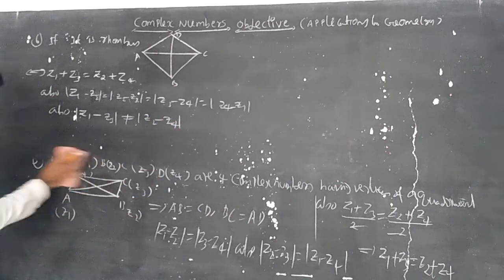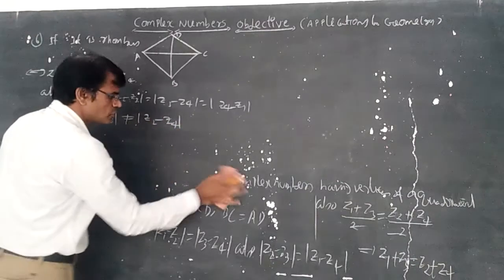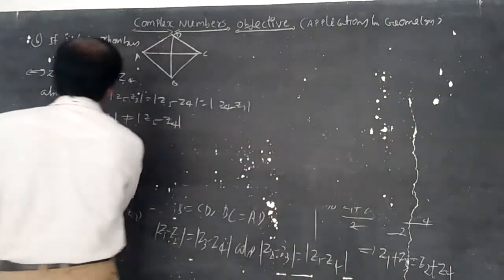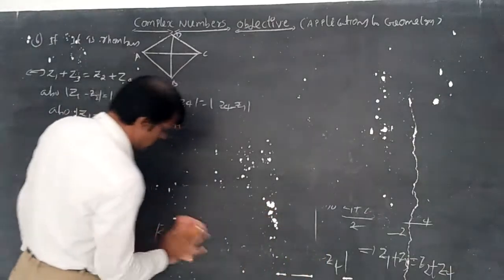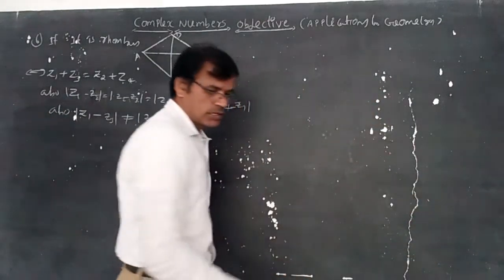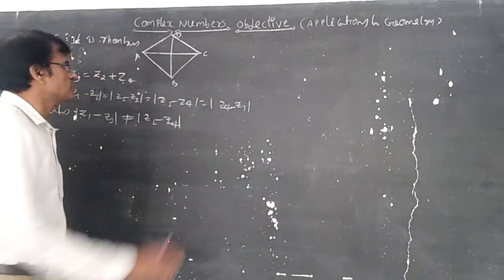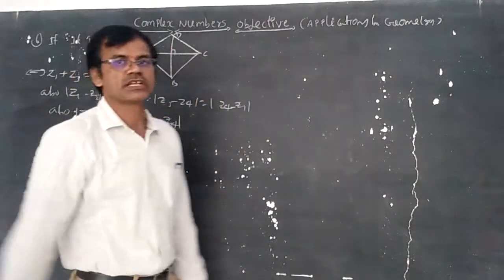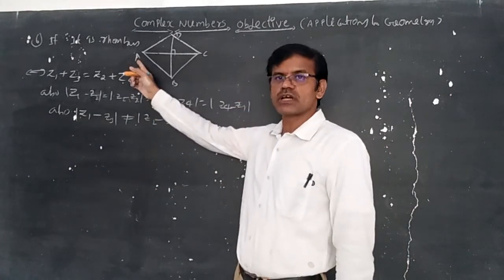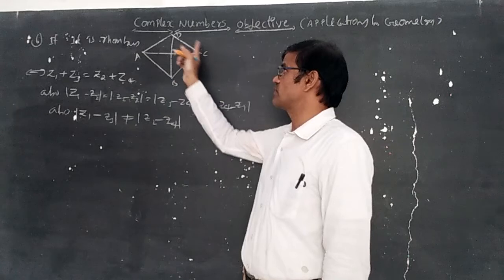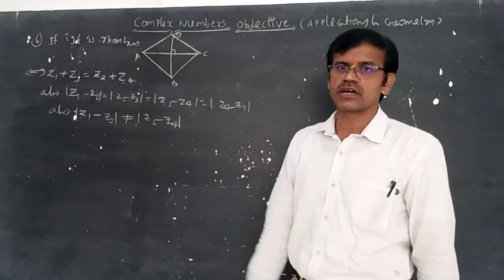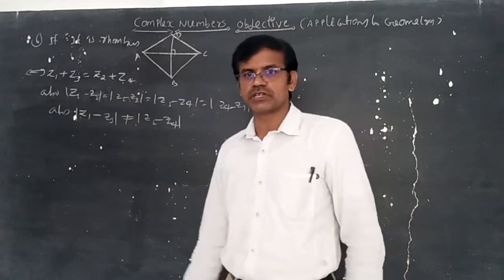This is the property. Of course, to get the perpendicular concept of diagonals, that is, in a rhombus the two diagonals are perpendicular, we need to calculate the slope simply, that is, the product of slopes is equal to -1. If you think of Z1 as x1, y1, this is x2, y2, this is x3, y3, this is x4, y4, then the product of slopes equal to -1 is the original concept. There is no question of Z1, Z2 notation.